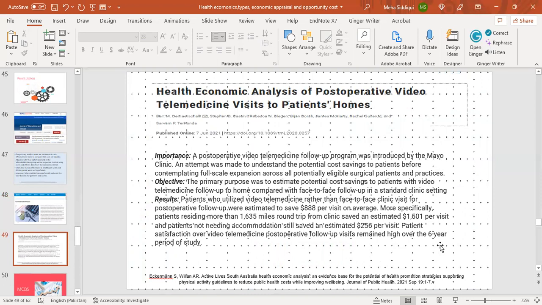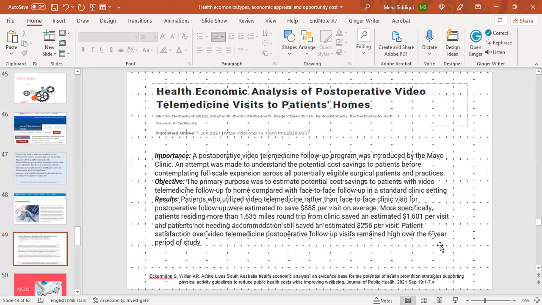This is another article titled Health Economic Analysis of Post-Operative Video Telemedicine Visits to Patient Homes. The importance of this study is that a post-operative video telemedicine follow-up program was introduced by the Mayo Clinic. An attempt was made to understand the potential cost savings to patients before contemplating full-scale expansion across all potentially eligible